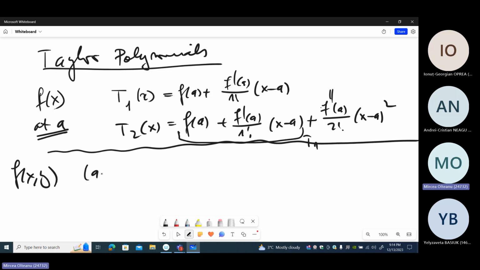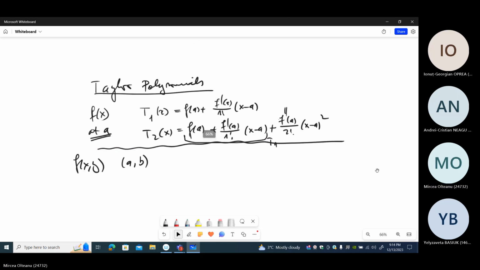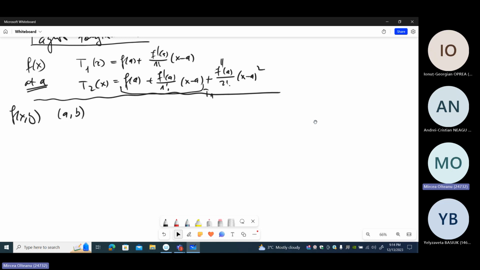Well, now for a function of two variables, let's write f of x and y. The point will be (a, b). Instead of a, we have (a, b). Now, we shall see at the lecture what is the idea behind, but it's very simple. If we take inspiration from the theory of functions of one single variable, then the Taylor polynomial here will use the partial derivatives, first order partial derivatives and the second order partial derivatives. So T1 of x and y will be given by f of a and b, the value of f at that point, plus